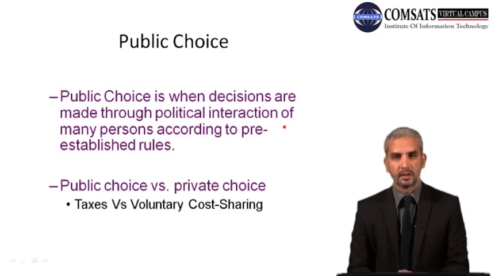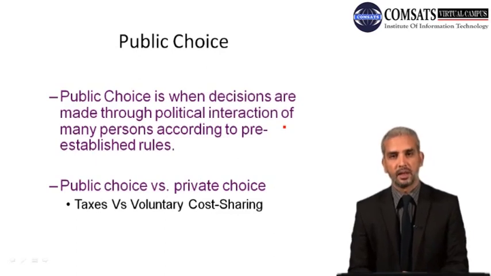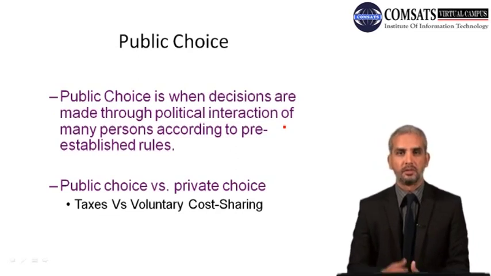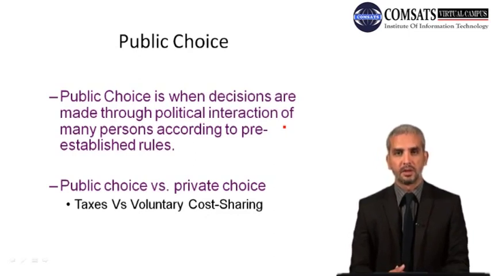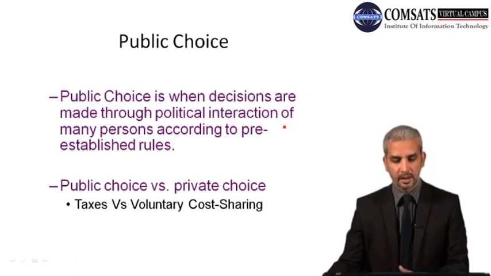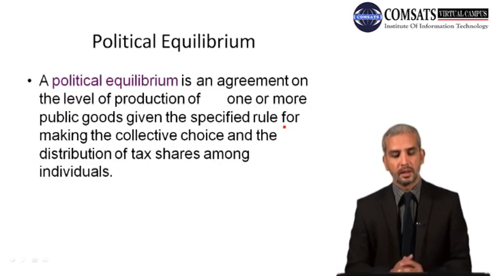Now in terms of public choice, cost sharing is through taxes by the government, while when individuals are interacting among each other, there is voluntary cost sharing. We discussed that in, I guess, lecture number 7, the models of voluntary agreement about different public goods and sharing of cost of public goods, where individuals voluntarily express the benefit in terms of dollar values that they derive out of the use of a specific public good.